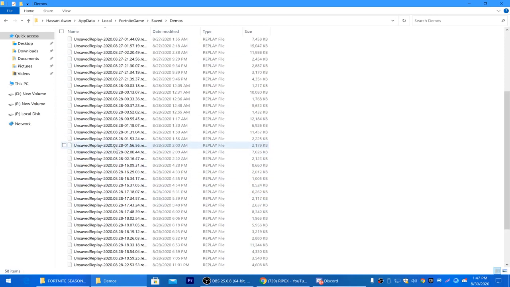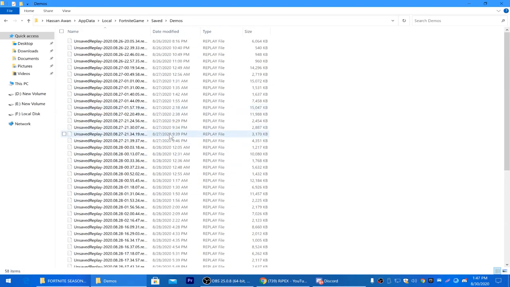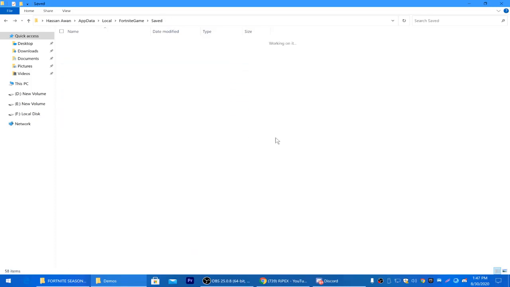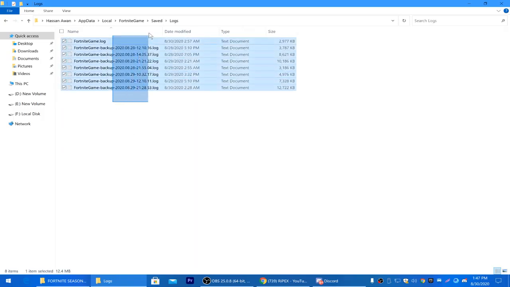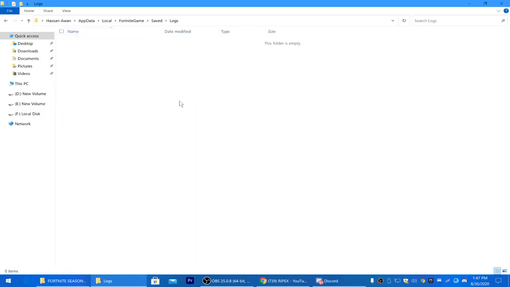these files from here, because it also increases the performance of your game when collecting files from the hard drive. And guys, it is easier for the game and also for your CPU to collect these files. So just clear out all of the waste material from your PC. Now go to the logs section and also delete all of these forwarded backups from here.